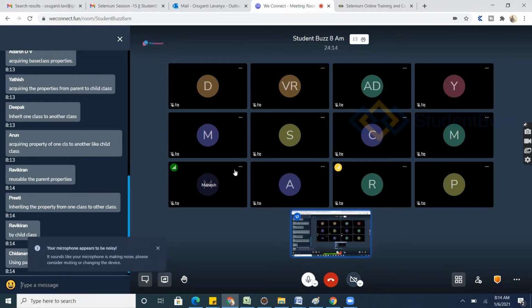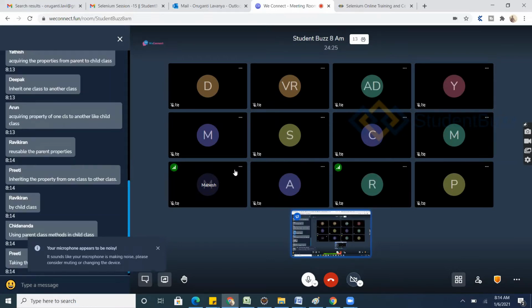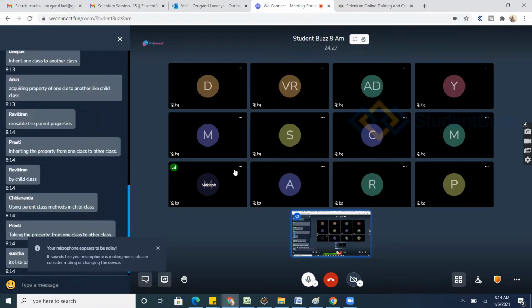So we have seen, right, we were accessing other class properties or members or methods, data members or methods, by creating an object.